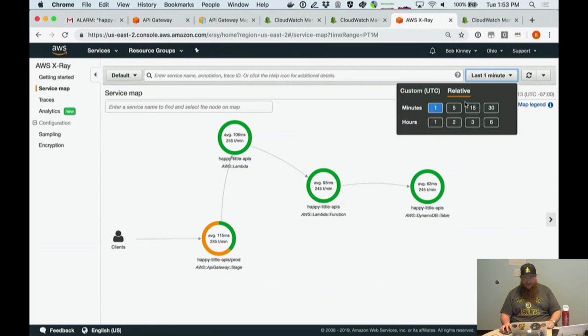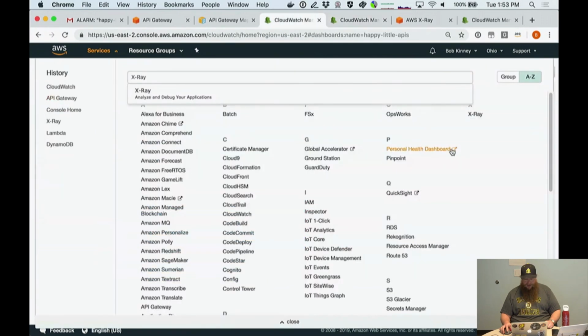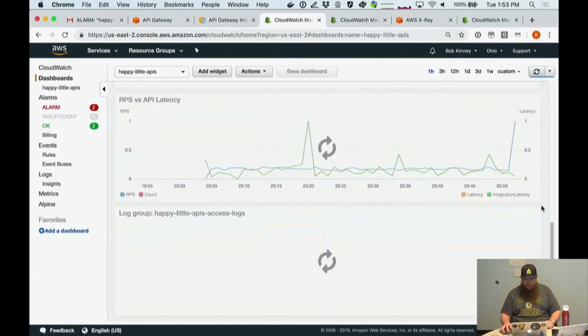If I move that out to 5 minutes, you can see that there's a higher latency on these requests over the last 5 minutes than over the last 1 minute, which means our 1 minute is even better. So then if I go back over to my CloudWatch Dashboard,